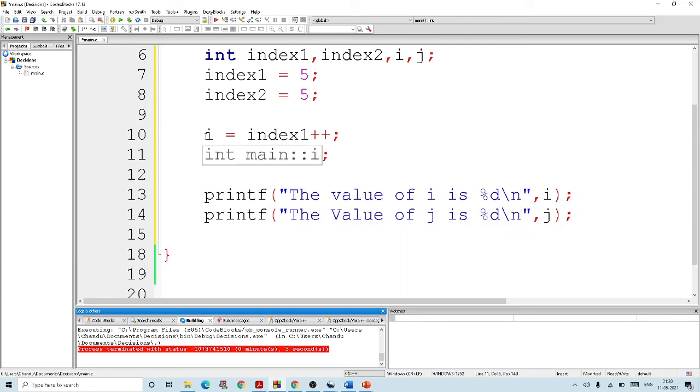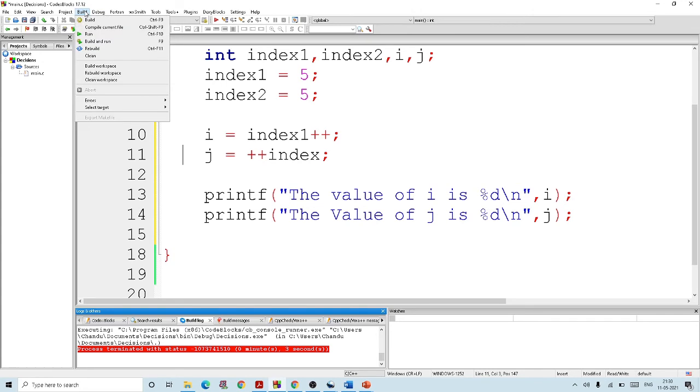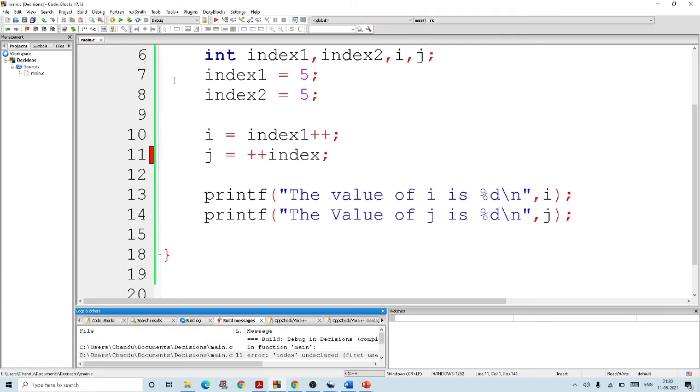Since we told that plus plus means incrementation operator, normally people may think index 1 is 5, 5 plus plus means 6, so i will be 6, but i will actually be 5 and j will be 6. So let us run this program and see.